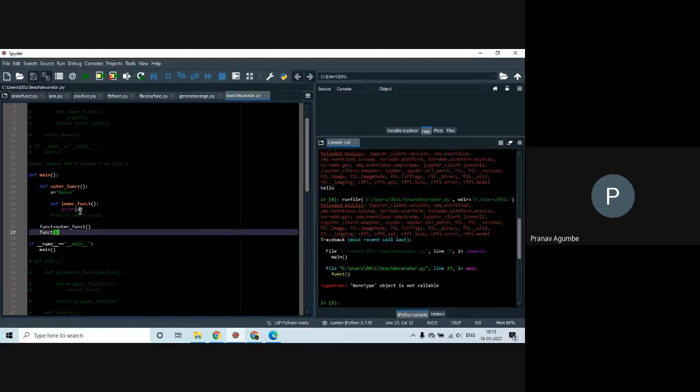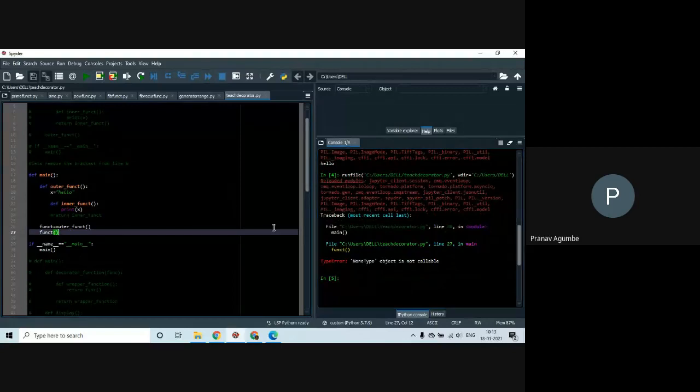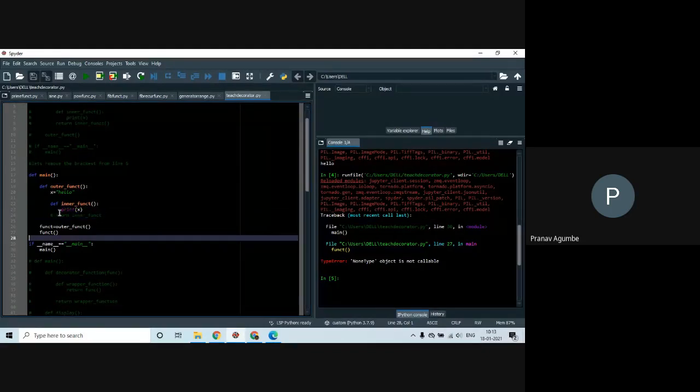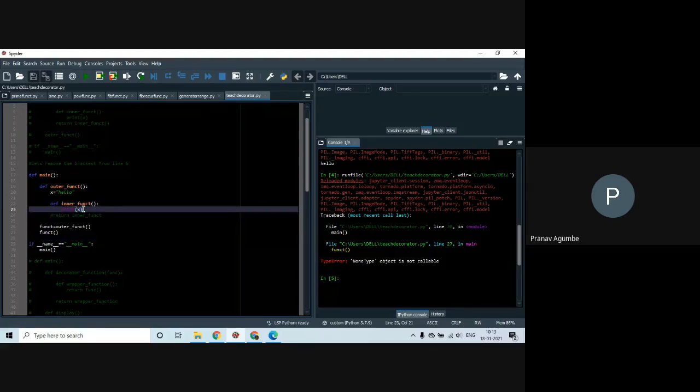Print x is not getting executed because, okay, there's something: NoneType object is not callable. I don't know what this error is, but it's happening because we have commented out this line number 24. Since nothing is getting returned or nothing is getting printed, nothing is going to happen. Only because of return inner function, we are coming inside this inner function, it is being called, and x, that is hello, is getting printed here. Is everybody able to understand?